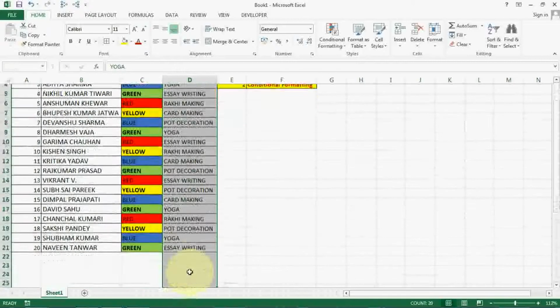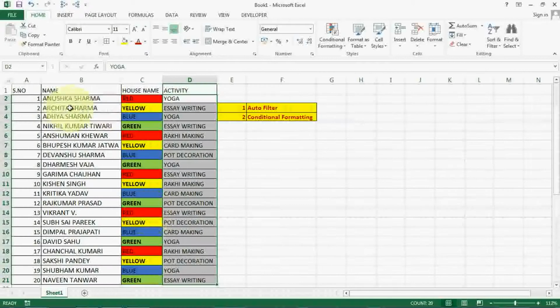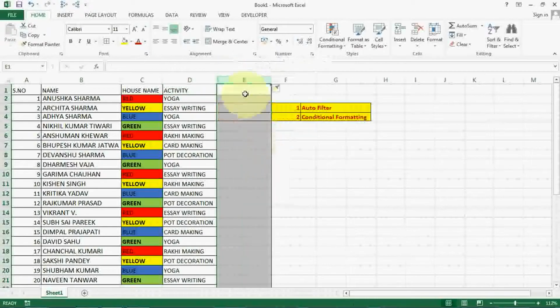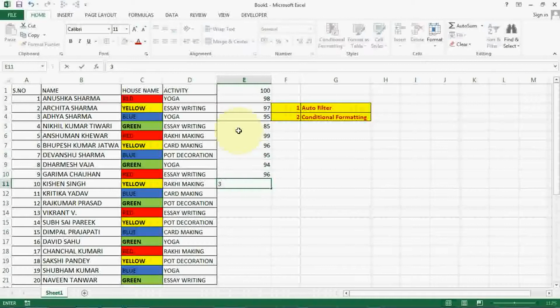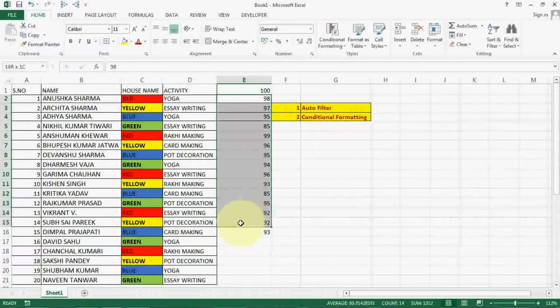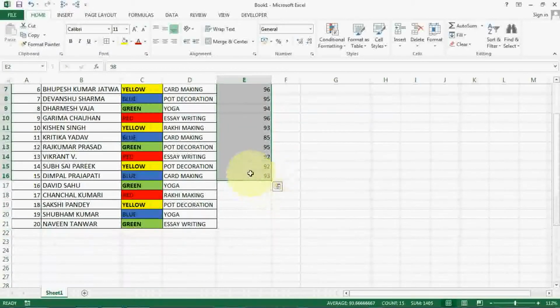Similarly, you can apply formatting in data also. So what happens here? It is just applying and highlighting those rows which are coming under your category or your criteria. Now let me apply some filter on numeric values. Suppose in an activity, students score marks. So here, out of 100, marks are given: 98, 97, 95, 85, 99, 96, 95, 94, 96, 90, 93, 85, 94, 92, like that. Let me enter. Let me copy this only, so it will save our time. Okay, only this much.